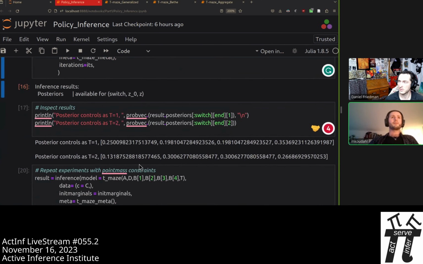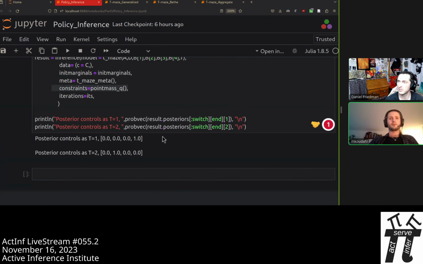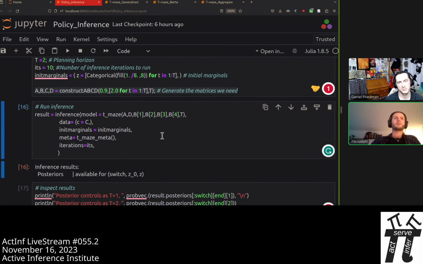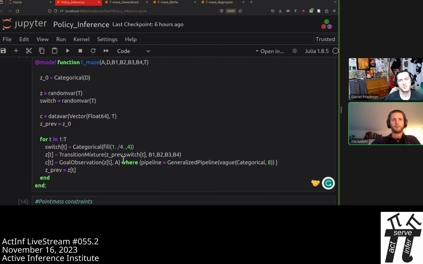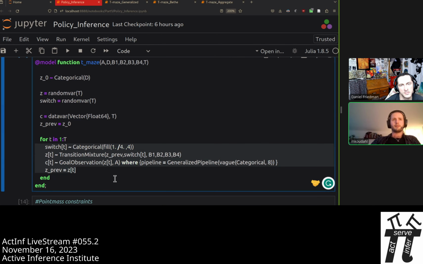Yeah, we've actually reached the end of the notebook. This is all there is to the policy inference experiments. But one of the things you can do with this, if we go back to the generative model specification, is that this is just defined in terms of nodes and edges. I have my variables and the nodes that define them, and I have my goal observation with the P substitutions and everything. But these units are atomic in nature. All a node cares about is its own Markov blanket.